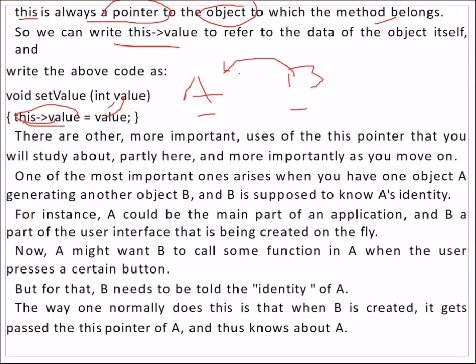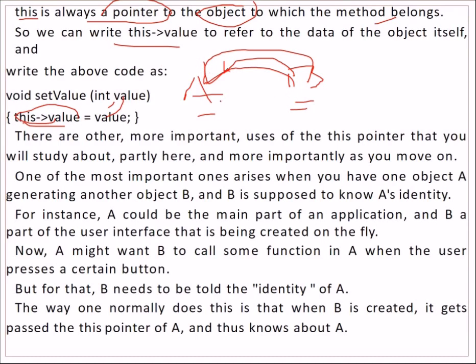Now A might want B to call some function of A when the user presses a certain button. But for that, B needs to be told the identity of A. B should know the identity of A, but B has been created by A only.